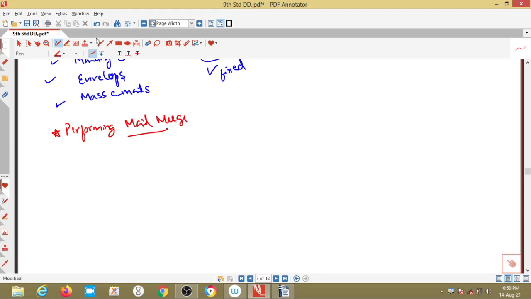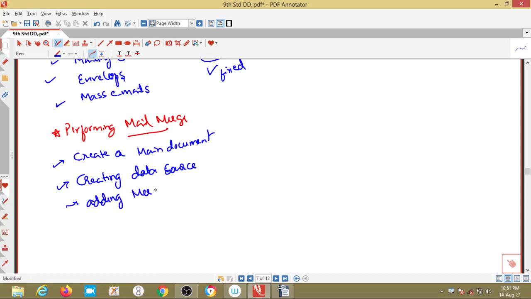First, in order to perform the mail merge, we have to create the main document, which is the common document. Then we have to create a data source, which keeps changing. Then we have to add merge fields into the main document.